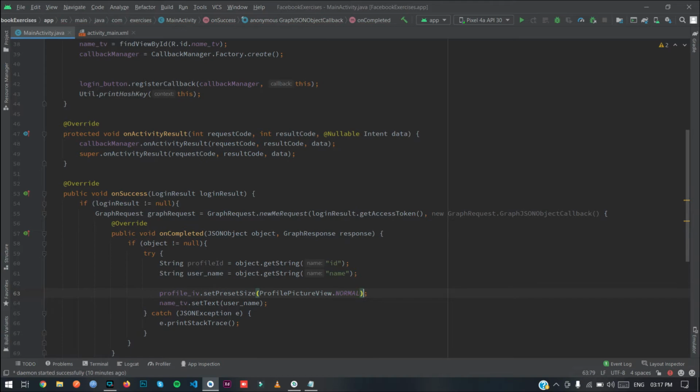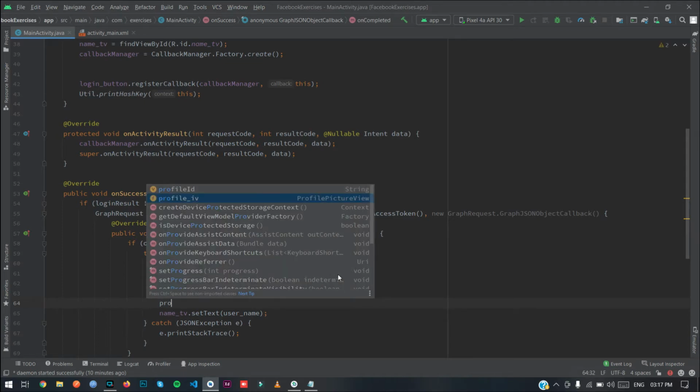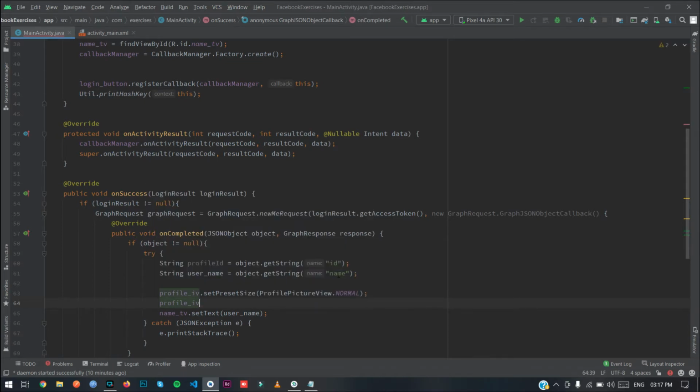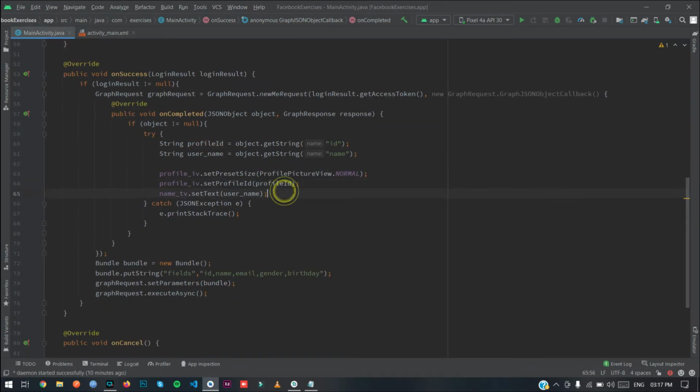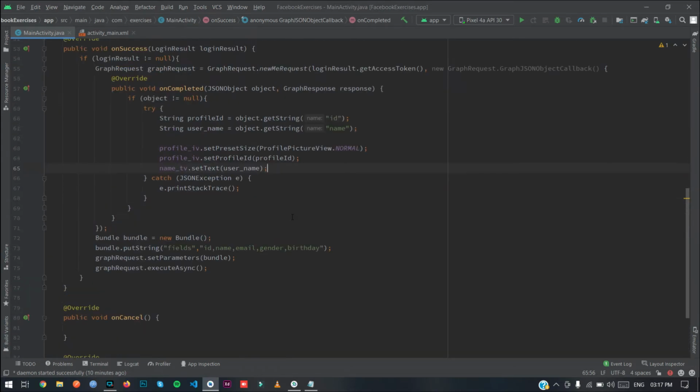As you can see that there is a static instance. Okay, again type profile image view dot set profile id, and just type profile id here. Okay, so our data is set now. We just run and check,